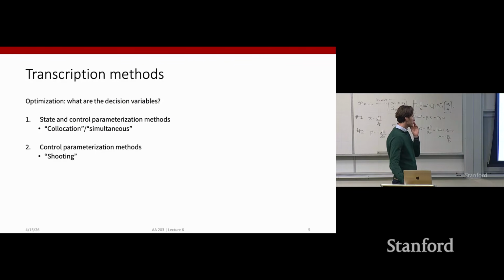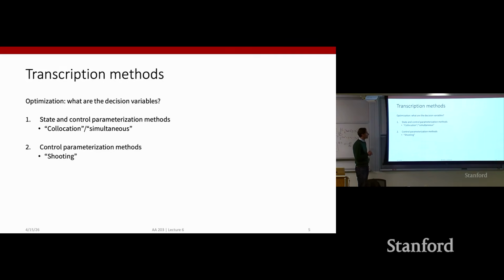But so, transcription and direct methods at a high level can be subdivided between two subcategories of methods. The way these two families differentiate from each other is based on how we choose to transcribe, that is, discretize and remodel as a discrete optimization problem, the original optimal control problem. And so we have namely state and control parameterization methods, also known as collocation methods, and control parameterization methods, also known as shooting. So at the high level, starting from the latter, the control parameterization methods,